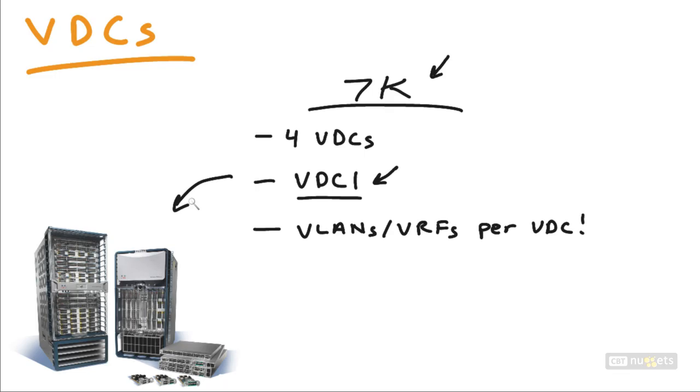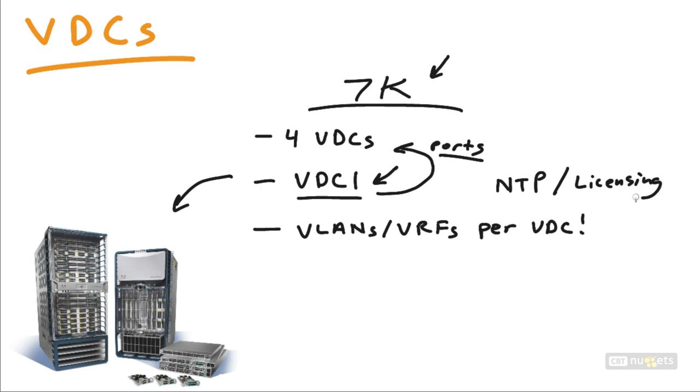And obviously, VDC1 is really, really important because it's going to control our shared resources. It'll manage things like the allocation of ports to the other non-default virtual device contexts that we can create. It'll handle system-wide things like network time protocol and licensing configurations that we're going to make on the device overall